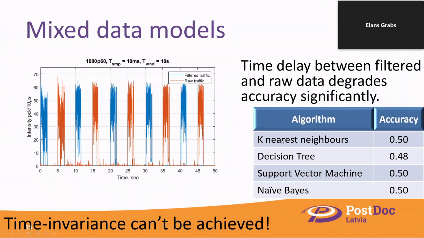In order for this algorithm to work precisely, it is necessary to eliminate this time delay between the expected pattern, which is being searched in traffic, and the real traffic windows. Basically, we have 10 seconds of video traffic. For the blue signal, you can see the burst is at the very beginning of the window. For the red traffic, the burst is in the middle. This leads to quite poor accuracy, and this time invariance is the cause of it.